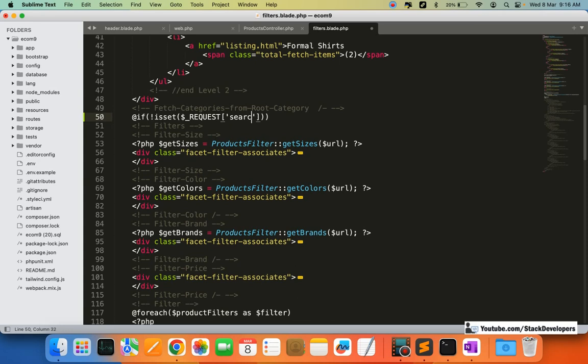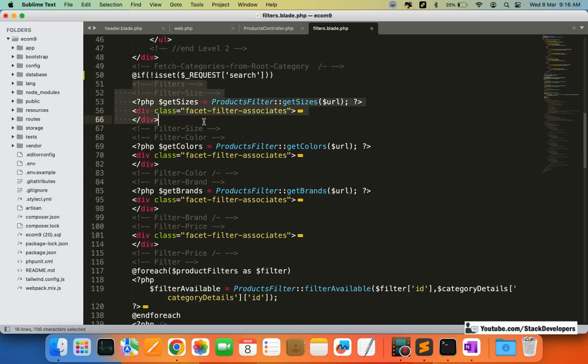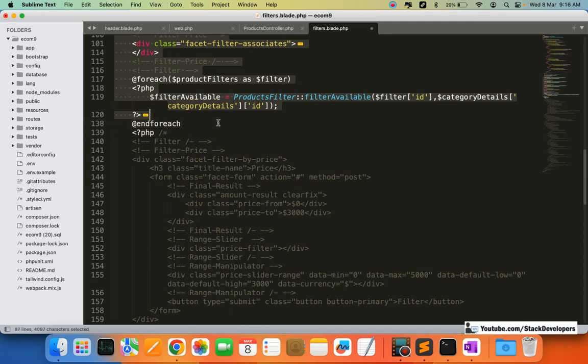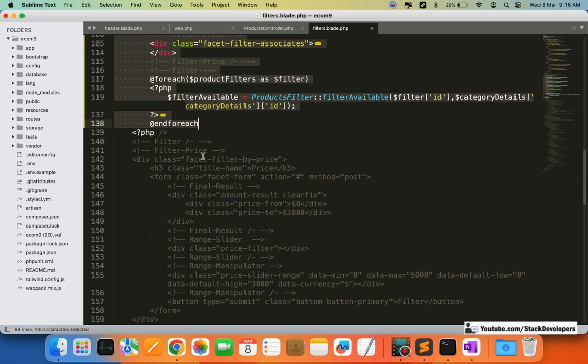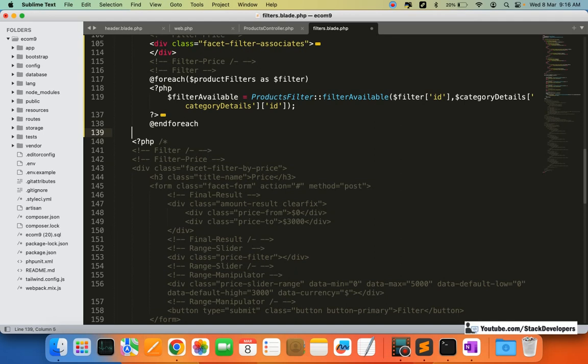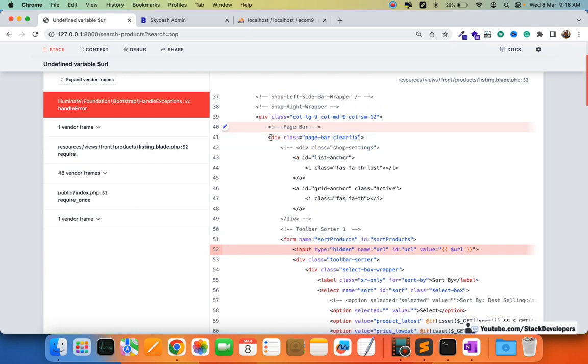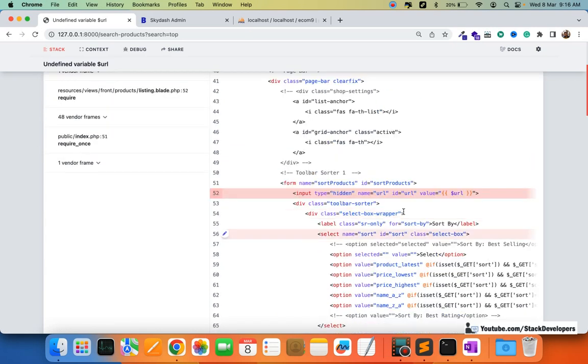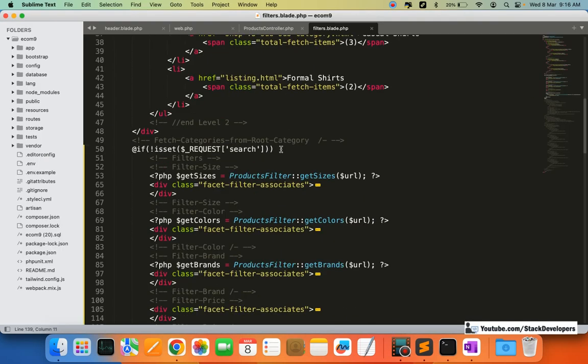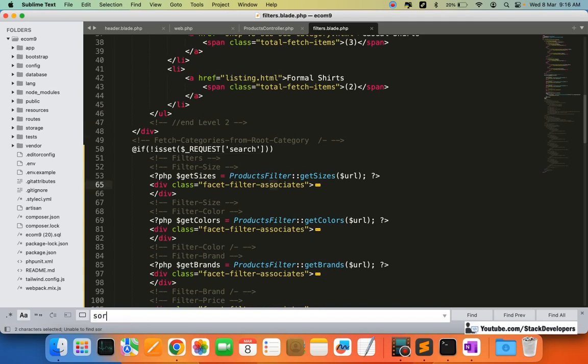Okay, search. This one is starting from here to here. And we are going to add if. So now see, now add one more place, dollar URL sort products. Here also we need to add this condition where it is sort products. We are going to search sort,